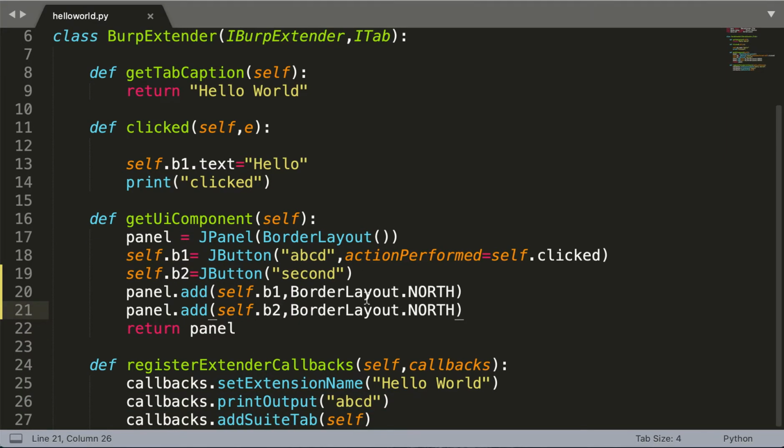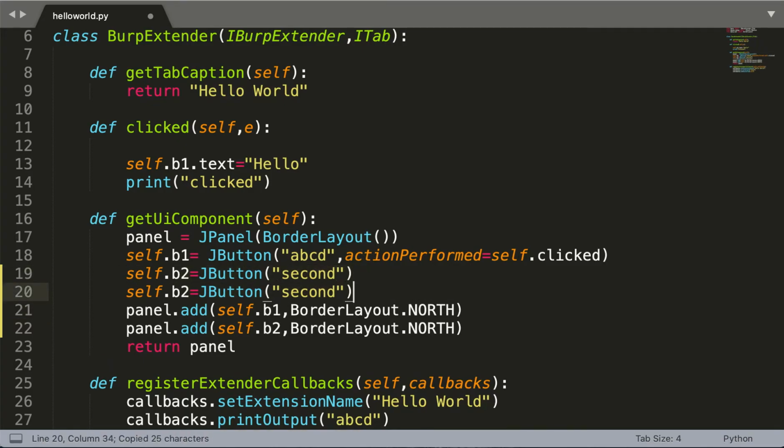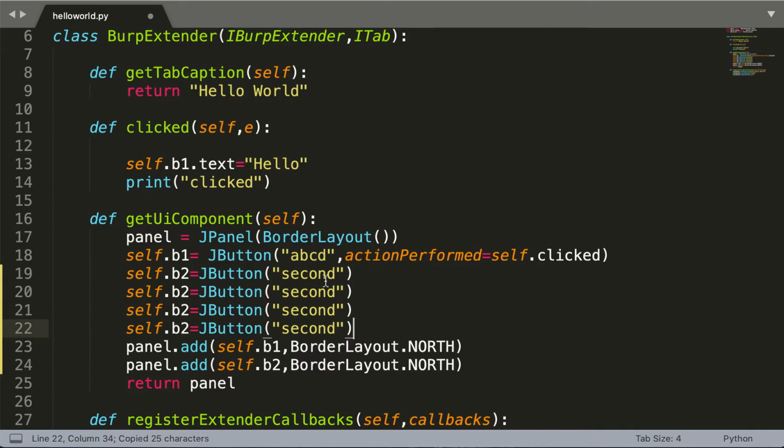So we'll be creating another button b2 and b3, b4, b5. So it would be b3 and b4, b5.